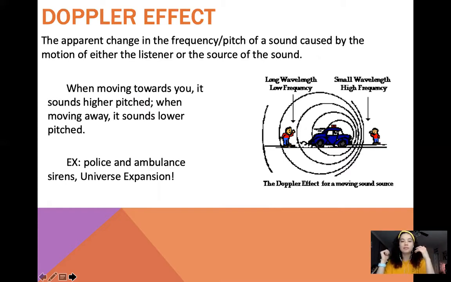The easiest example of this is police and ambulance sirens, right? As they come towards you, they sound really high. And as soon as they pass you, that sound gets a lot lower in pitch. It's the Doppler effect. These sound waves start stacking up because of the object in the way, right? Because sound waves need a medium to travel through, right? So the object is moving, the sound waves start stacking up because they're being pushed forward, and that gives you a higher pitch, a smaller wavelength, higher frequency. And then as the object passes you, they're able to spread out again, and that's where we get that longer wavelength and lower frequency.